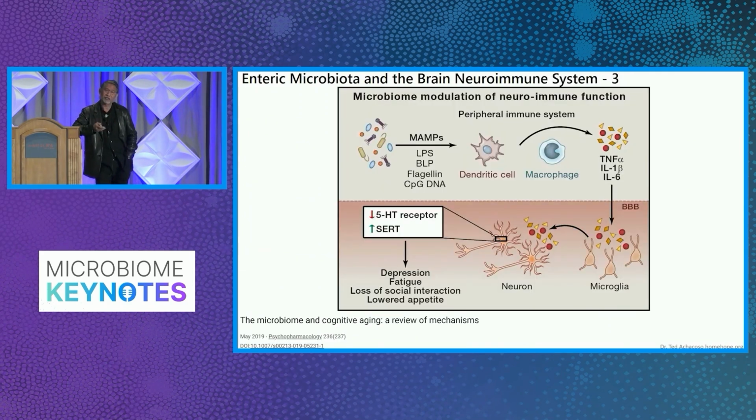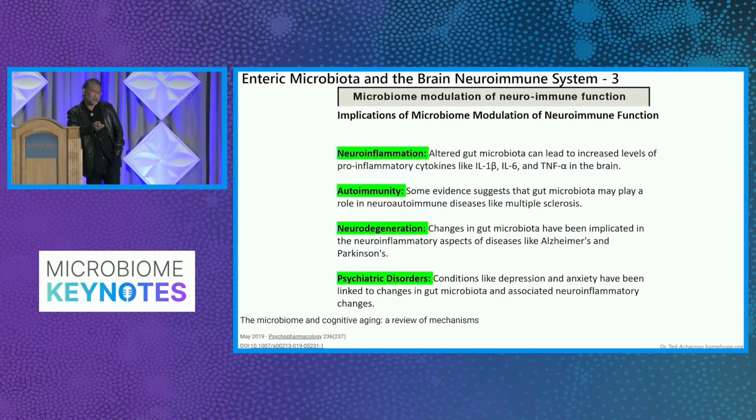Your microbe-associated molecular patterns, right? And then you have DAMPs, damage-associated molecular patterns. You guys are familiar with those, right? Those are old terminology, PAMPs and DAMPs. And you could see here that microbiota actually modulate your neuroimmune function. And implications of the modulation of neuroimmune function, actually altered gut microbiota can lead to increased levels of pro-inflammatory cytokines,